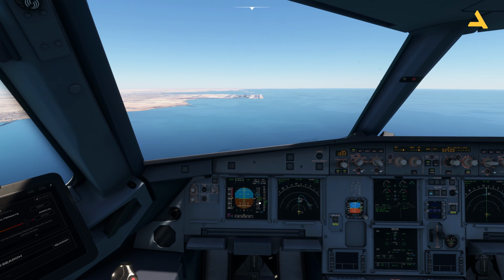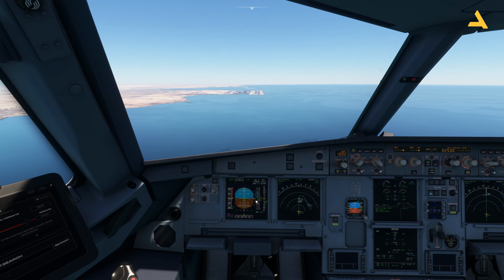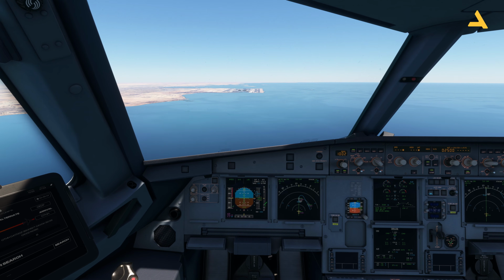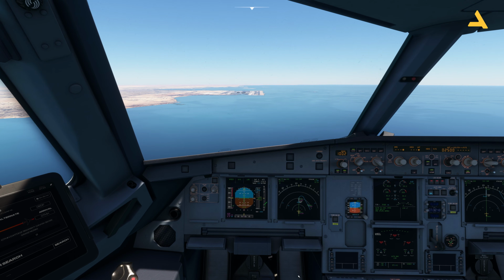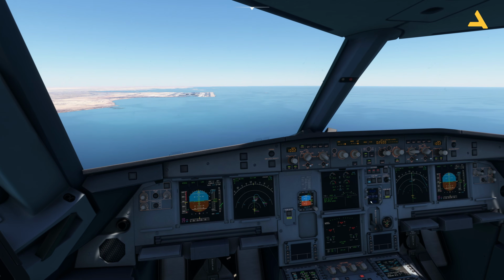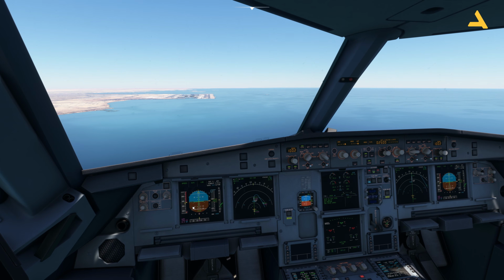Now you can see the plane has automatically started to descend towards the runway, and it's 7 nautical miles away. I can also lower the gears. The gears will actually help in reducing the speed again. Another factor. And with the gears down, I can go with the full flaps, and now you will see the speed will